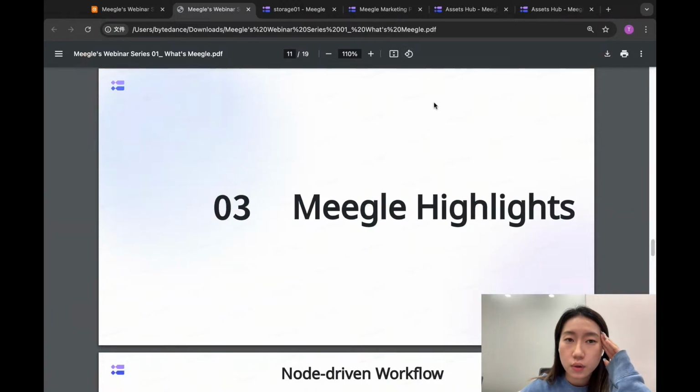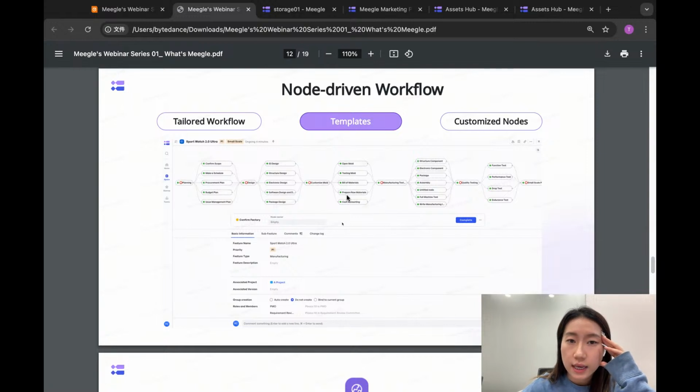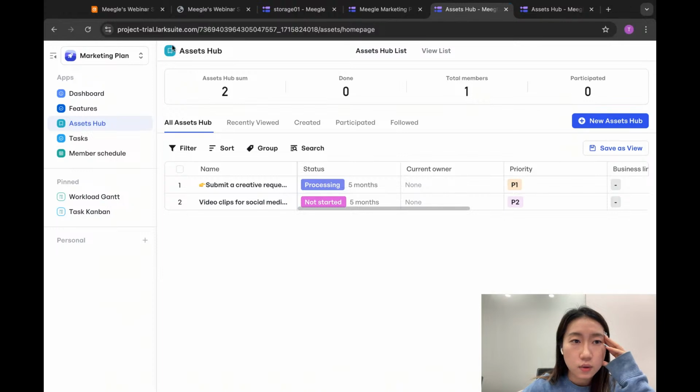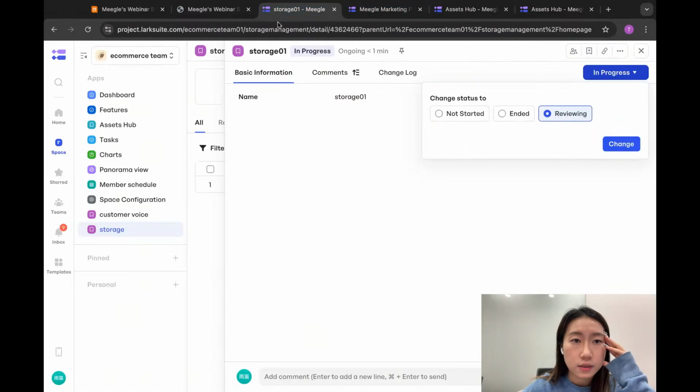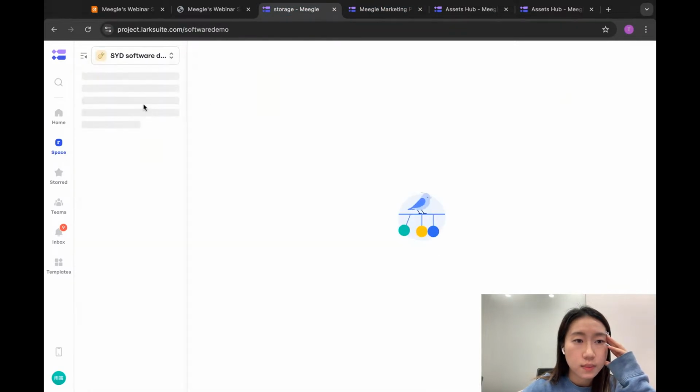After getting to know the basic structure of the product, I want to introduce you to some of the highlights that Meegle provides. And the first is, of course, a node-driven workflow, which includes tailored workflow and the templates I just showed you and customized nodes. And let's go back to another demo space. For example,